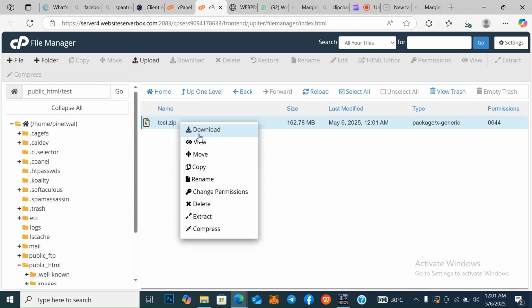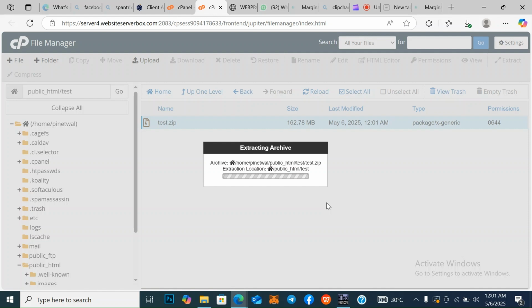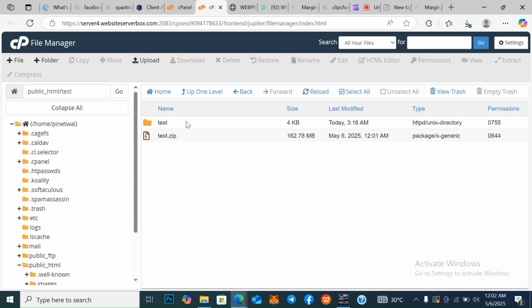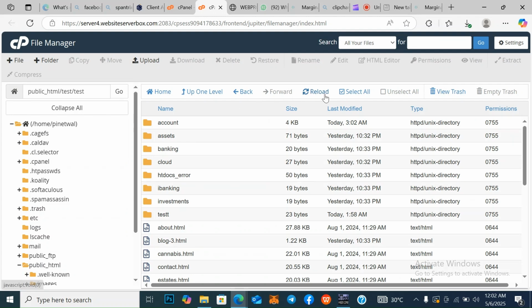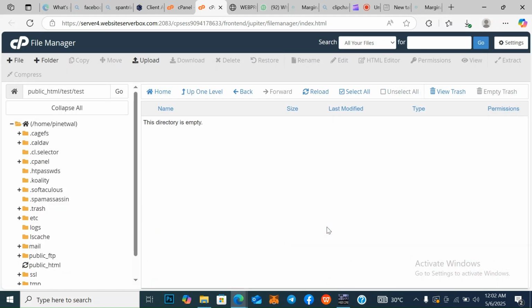All you have to do is right click on it and extract the files inside the folder that you created, right? Because we already have a website in our public_html. So I'll just go ahead here now and click on extract files. Awesome. So I'm going to move the file here into our folder, right? I'm going to select all, click on move here, then erase this first text and move our file inside here. Beautiful. So when I go back here now and refresh,